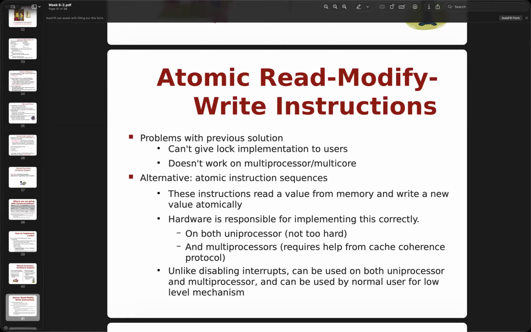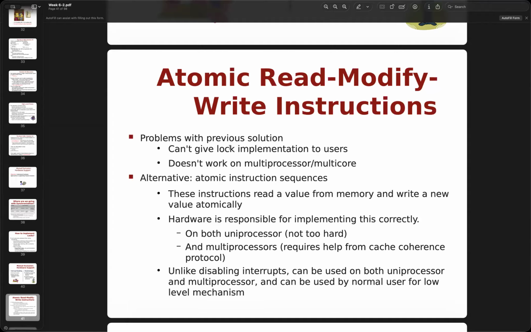You need to know, unlike disabling the interrupt, here we can have a complete operation without any jumping out to an event.